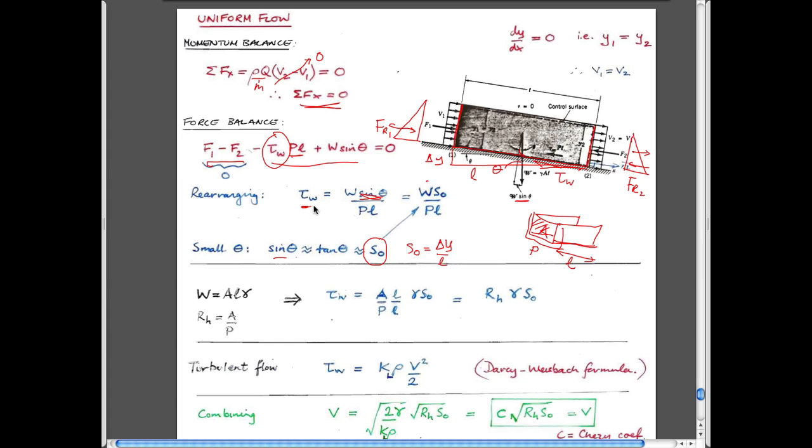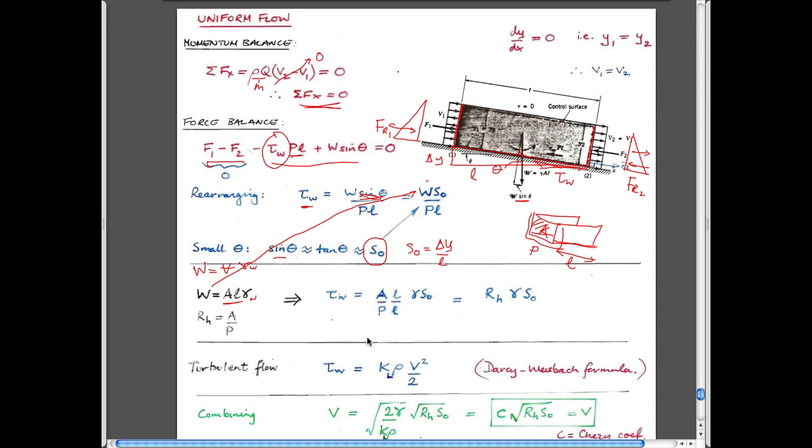So you have shear stress defined as this. What we can also do is make some substitutions. We know that the weight of this is just going to be the volume. So weight is equal to the volume times the unit weight of water. And the volume is just going to be the cross-sectional area times length, right? And so if we substitute this into here,